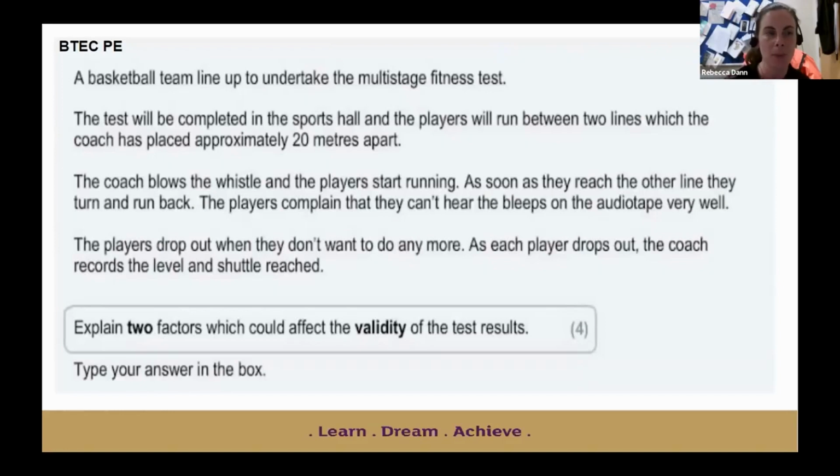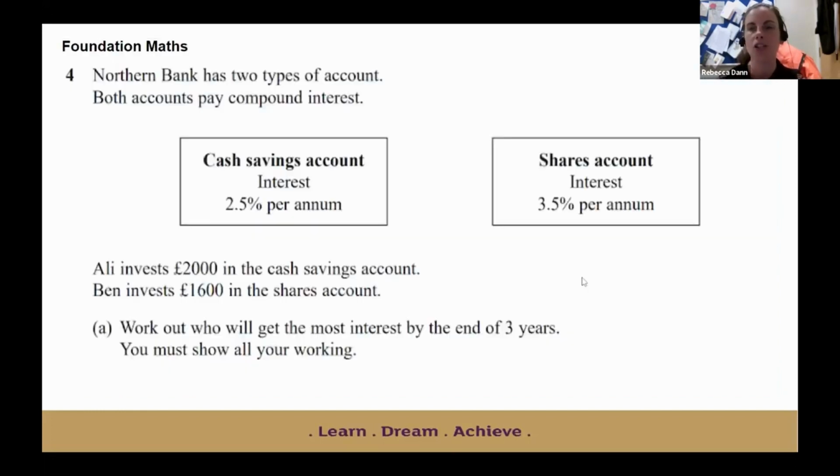We've got a lot of subject specific and even tier 2 vocabulary there, like factors, validity. Also a foundation maths paper. Again, lots of subject specific tier 3 vocabulary, compound interest, but also tier 2 vocabulary as well. So the types of account, reference to the bank name, and a lot of reading to do for students. So this was part of the why, to show staff that whatever subject they were in, a vocabulary approach to teaching was going to be really important for them.